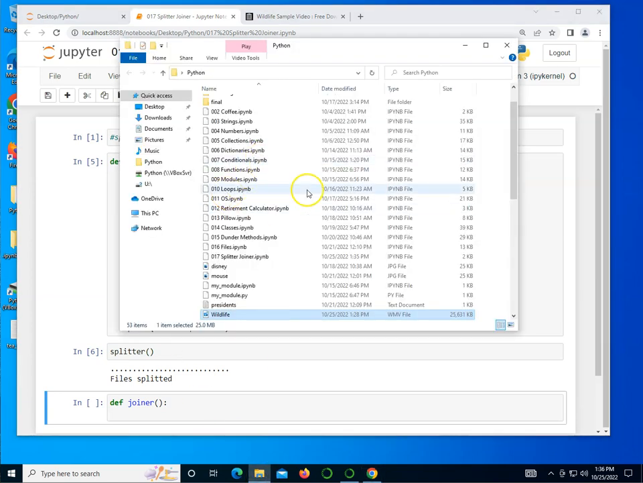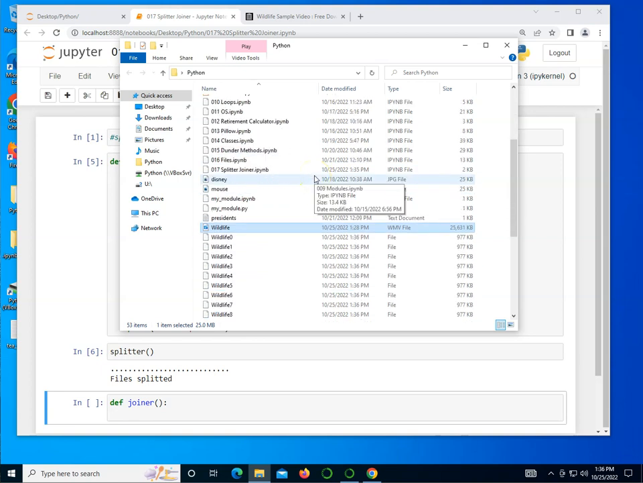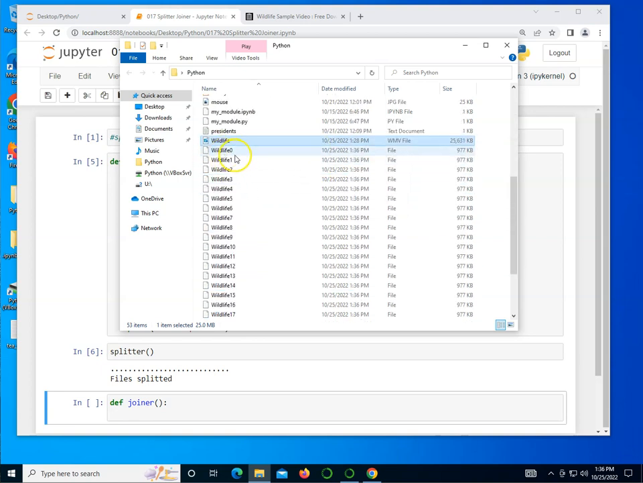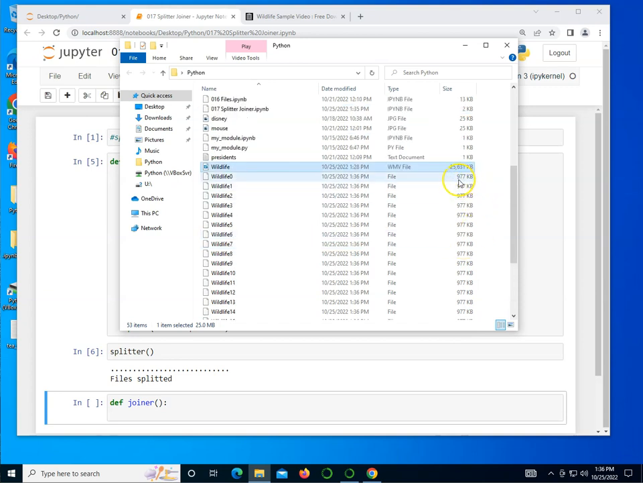Let's go ahead and bring up our folder, that's Python. And there I have wildlife 0, 1, 2, 3, etc. all the way to 26 apparently. You notice other than the last one, all of them are fairly consistent, 977 kilobytes, which is basically 1 million bytes. And remember that the operating system uses powers of 2, so if I want to be very precise,